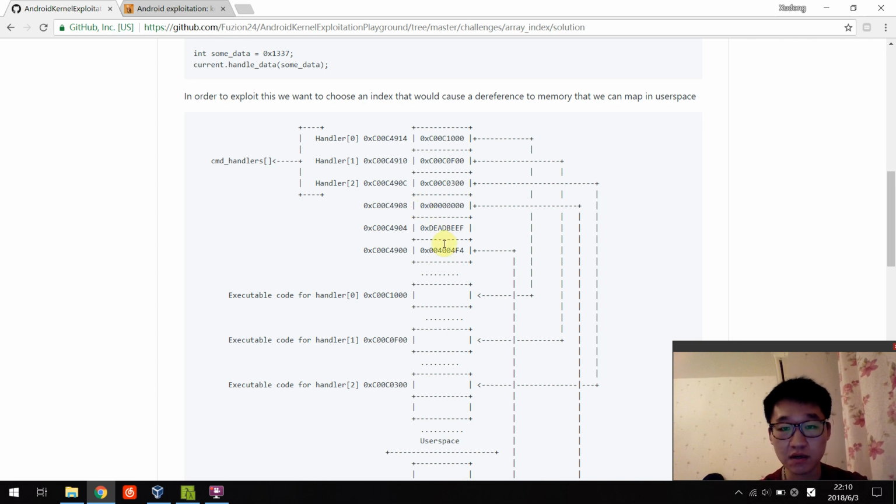So let's say the index 5 is 4004F4. You let the index be 5, and you map at this address, you will get your code executed. But there are several key points, because you cannot map at, I think, around